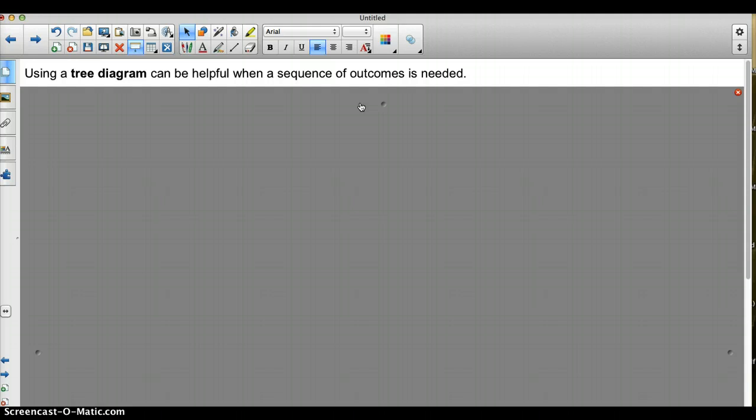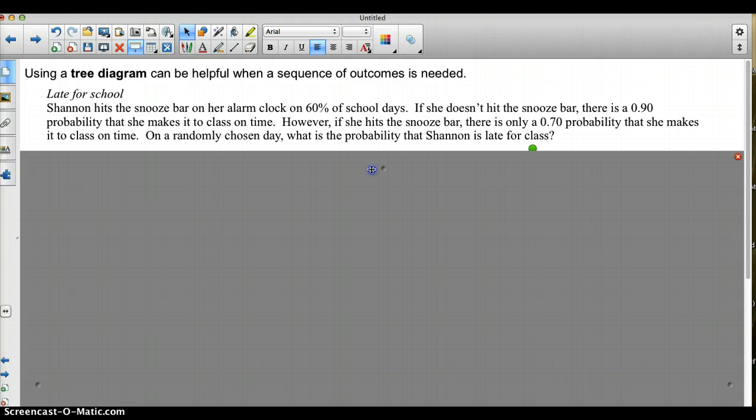events, a sequence of outcomes happens. And it's a good graphical way for you to see, and some of you are going to like using the tree diagrams and some of you may not as much. So let's say that we have a girl, Shannon. She hits her snooze bar alarm clock, and sometimes she hits snooze, sometimes she doesn't, and it gives you the